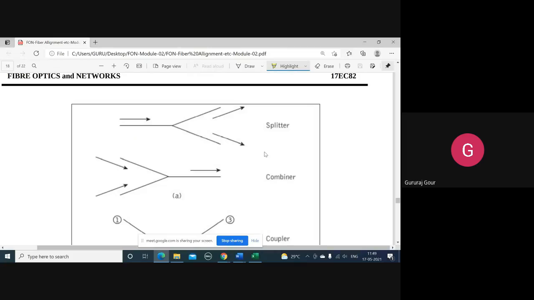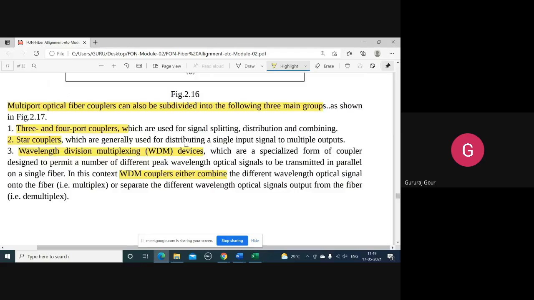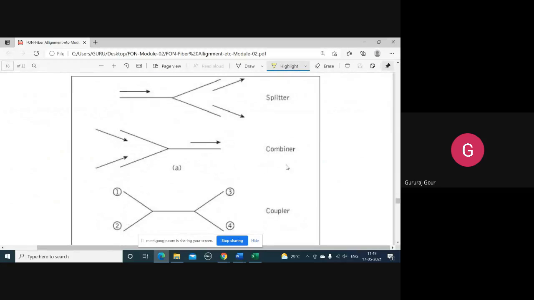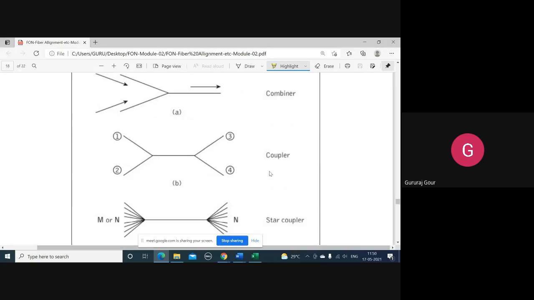Like that, you can see the coupler can be used as a 1 to 2 port coupler, 1 port input and 2 port output, as a splitter. Means the light is coming in and split into two directions. That is what is known as a splitter. Like that we have 3 and 4 port couplers. Similarly, here the combiner: the light coming from the two ports will be combined, that is multiplexed and sent as a single signal. Here you can see a 4 port coupler.